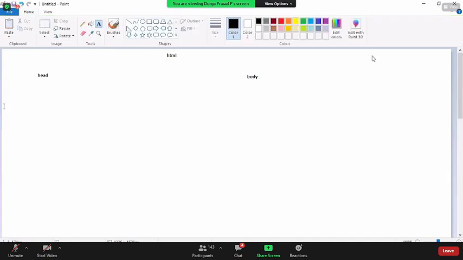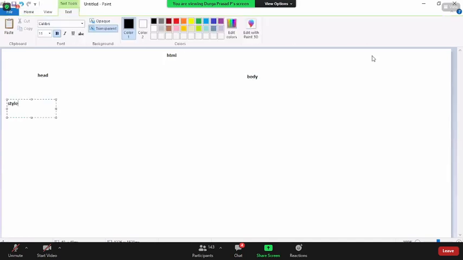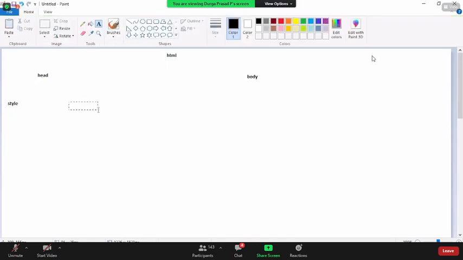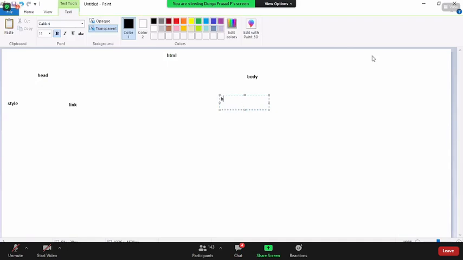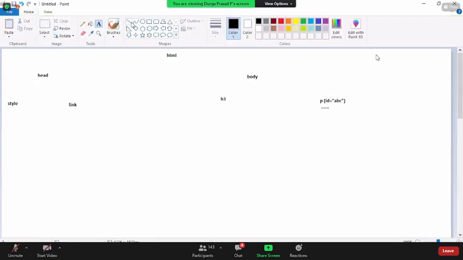Under the header, you might have a style tag, and maybe in future a link tag also. Under the body tag, you might have some H3 tag and some paragraph tag. Along with this paragraph tag, an ID is added, say ABC, and whatever content you want, you can simply add. So this is like a tree structure.